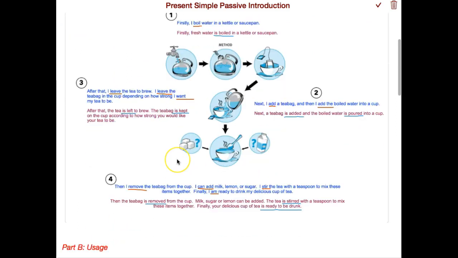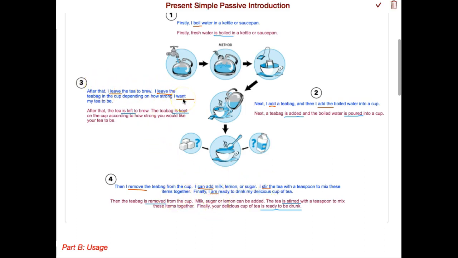Let's do that. Okay, hopefully you have something that looks like this. You'll notice that with all of our active sentences, which are in the blue, the verb is much shorter. So you have subject, verb, subject, verb, subject, verb. I got a little excited there with my line. Subject, verb. This one has two verbs, can, add. That's a helping verb, and that's the main verb. Stir, am,